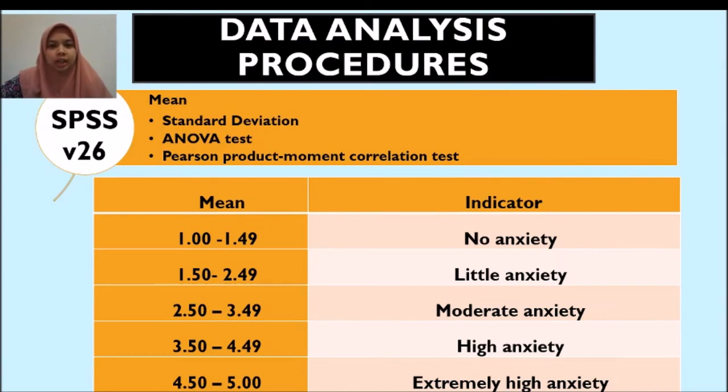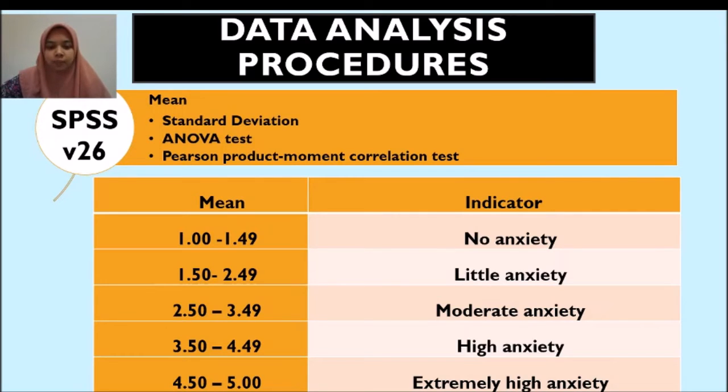This is the data analysis procedure that I had conducted using SPSS version 26. First is the mean to identify the level of English language anxiety. Second is the standard deviation. Third is the ANOVA test to identify the difference between gender and the level of English language anxiety. And the last one is the Pearson product moment correlation test, which is to test the relationship between gender and English